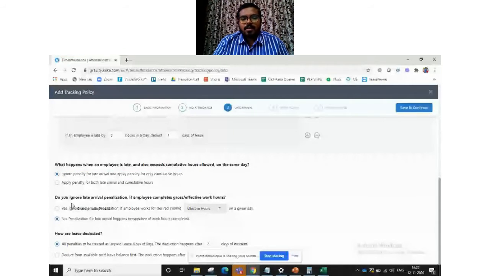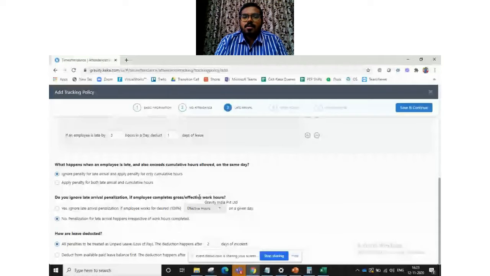And here's another condition. Do you ignore late arrival penalization if the employee completes gross working hours? There are many companies who give that privilege to employees. They can come late, but they have to finish their work by spending their number of hours per day. So let's say we have 10 hours per day.